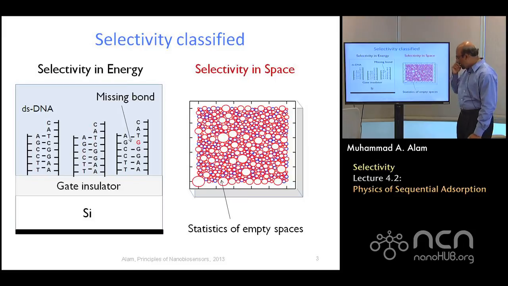So today I'll focus on the empty spaces. Let's say you have a sensor and this is the top view, and all those little circles you see everywhere are the receptor molecule and the target molecule, and let's say they have been captured, leaving behind a lot of empty spaces. In these empty spaces, a parasitic molecule can just sit on top. If you have a biosensor underneath, like a potentiometric biosensor, it may think that it has caught a molecule. Actually, this is not the right molecule to begin with, which is a concern.